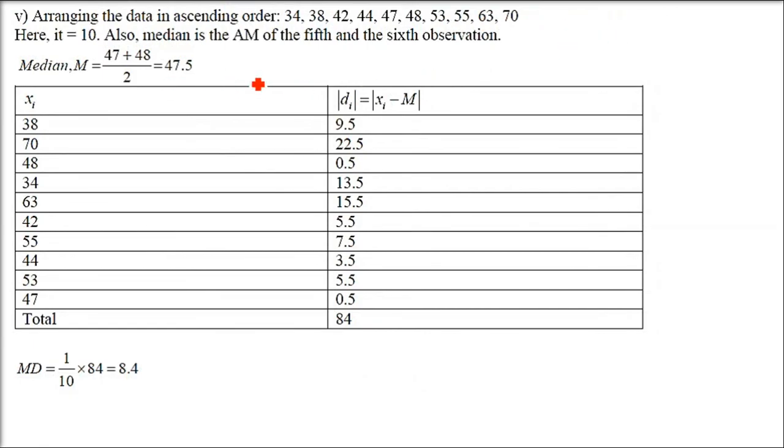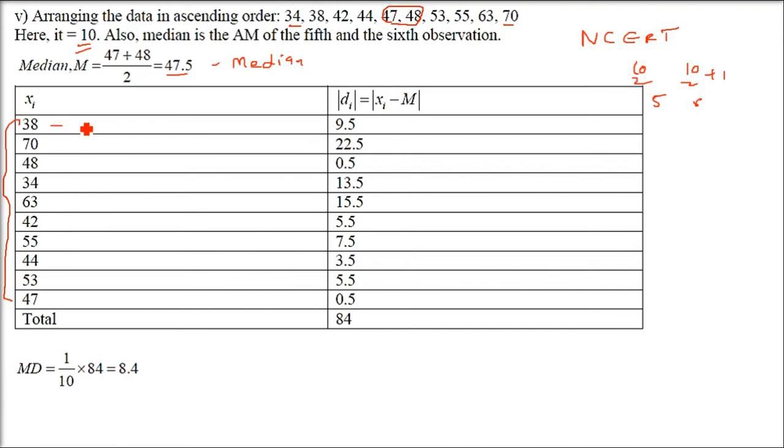So this fifth one is an NCERT question. If you see, this question is almost similar to the second part. There are 10 numbers here. So what do you do? Arrange in ascending order. This is the order which is given in the question, which I am showing. Take the central ones. But what are the central two? Because these are 10 numbers, you have to do n by 2 and n by 2 plus 1. So 10 by 2 and 10 by 2 plus 1, that is the fifth and sixth values. The fifth and sixth are 47 and 48. That is 47.5. This is the median now.